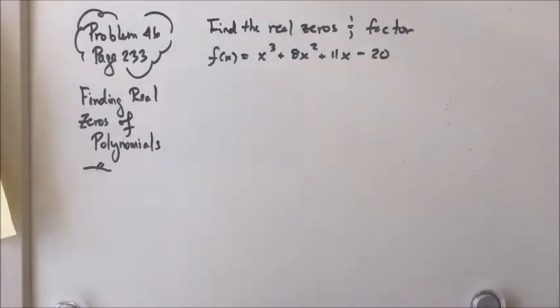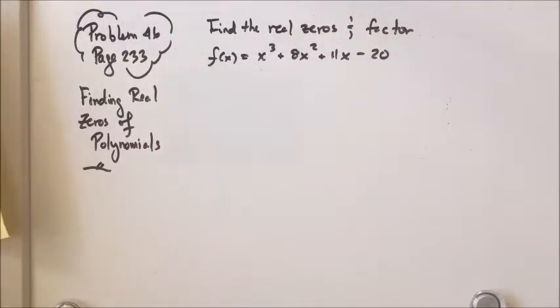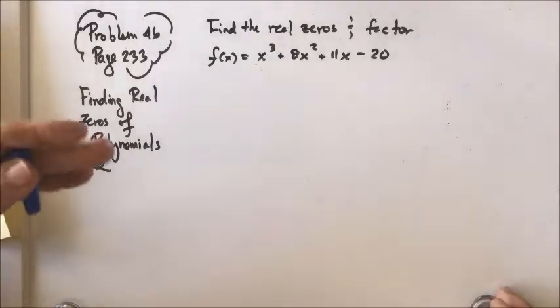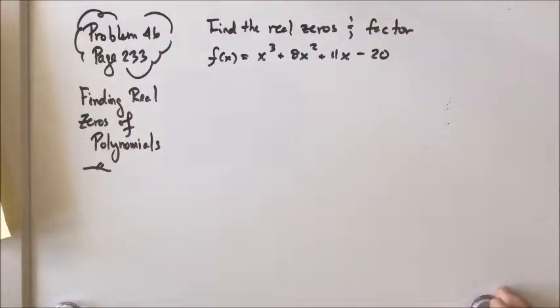Okay, let's put all this together now in problem 44, page 233. It says find the zeros and then factor this third order polynomial. So let me do that. Let me start from the top. Let me essentially make use of the information that we used in the three previous videos to go ahead and find the zeros of this third order